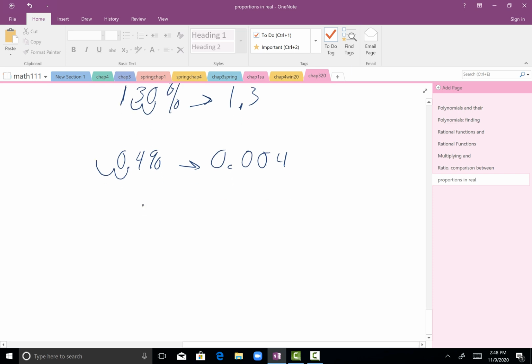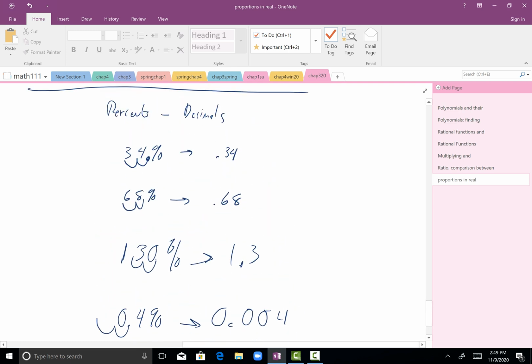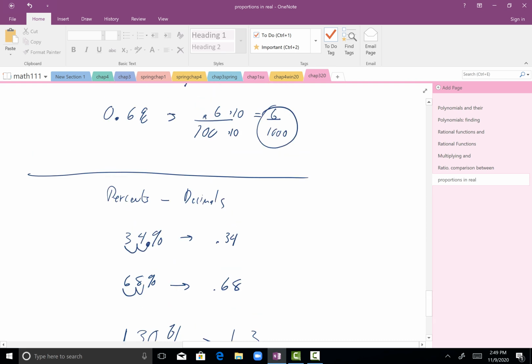If we had like 1/3%, so that's a decimal. If we change that to a decimal, that'd be 0.3 repeating. 1/3 would be, but then if we moved it 2 spots, this would be 0.3 repeating percent. But if we moved it 2 spots, 0.003 repeating as a decimal. So we want to make sure that we're just moving it 2 spots. That's pretty much all we got to do to change it from a percent to a decimal, and